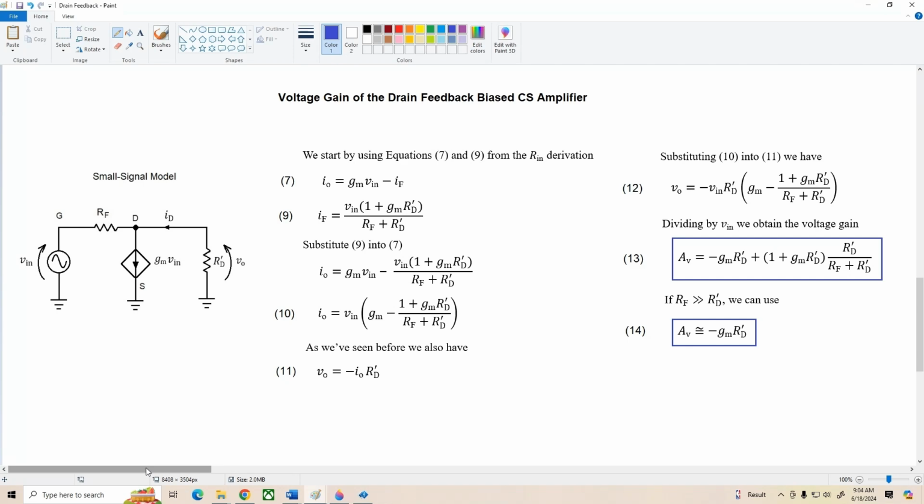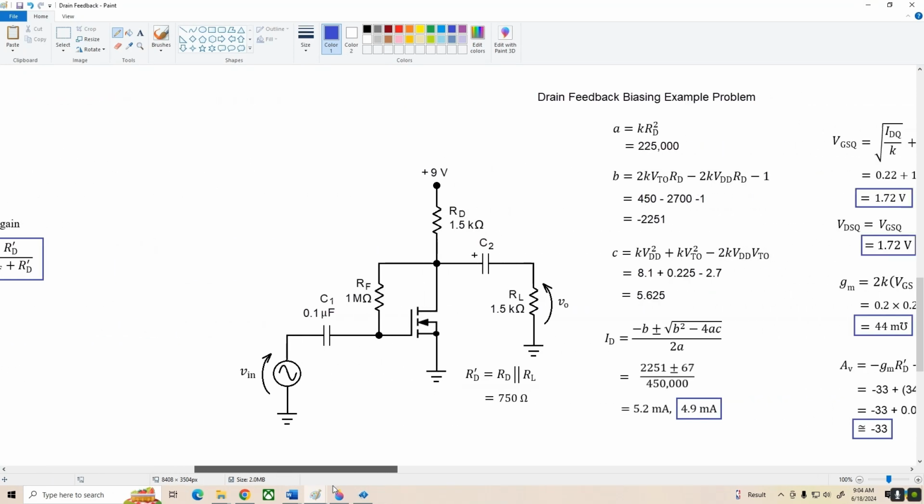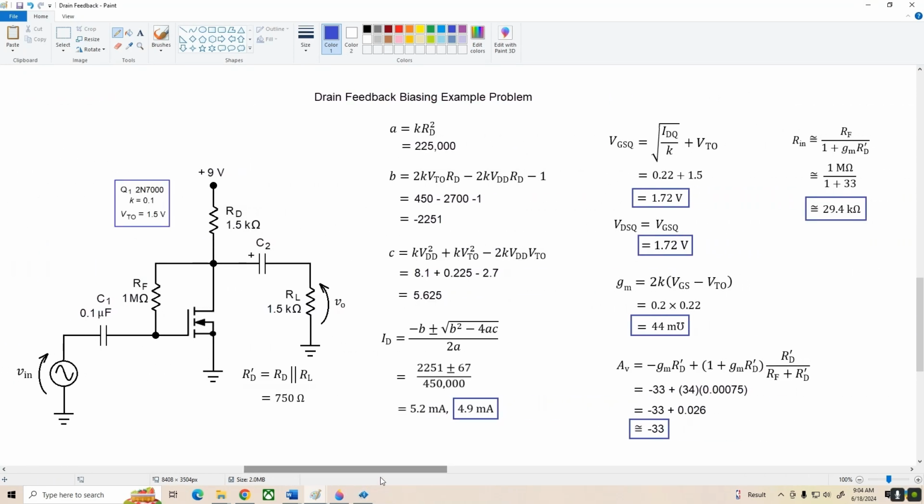All right, let's apply this newly acquired information in the analysis of an actual amplifier. Here we've got the drain feedback biased common source amp running from a 9-volt battery, and I've already determined I sub D using the quadratic formula here. The constants are A is 225,000, B equals negative 2251, and C equals 5.625. Plugging these into the quadratic formula, we get a drain current of 4.9 milliamps, and determining VGS, we end up